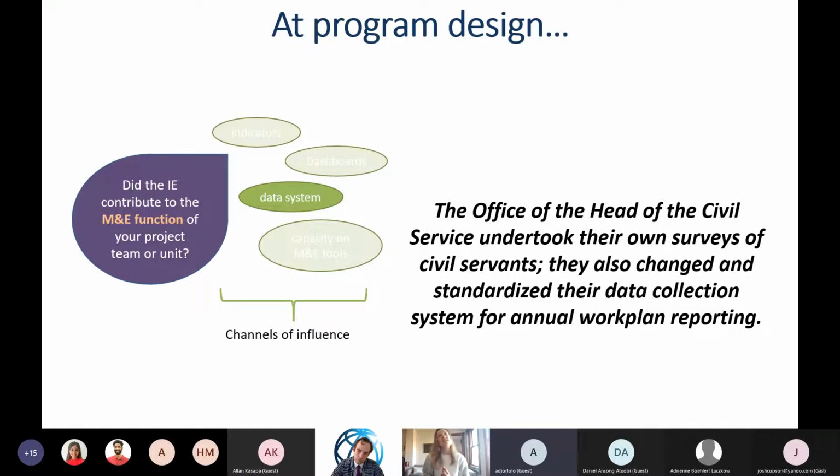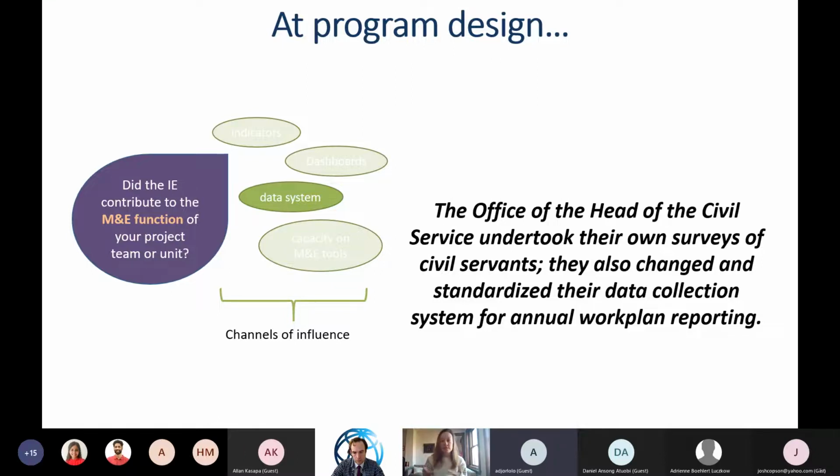So on the one hand, that helped think about how you were going to set up your program, right? You're like, oh, we need to improve reporting, we need to standardize it. So that's rationalizing, rethinking the way the program is implemented. And on the other hand, beyond that, it also just helped your monitoring and evaluation function, right? So these are two levels, two indicators, two reporting opportunities, basically to say, these are two big things that we did, irrelevant of whether the program actually provided the results we wanted or not. These are already two big wins, right? Two things that you can keep track of. So that's more program design.